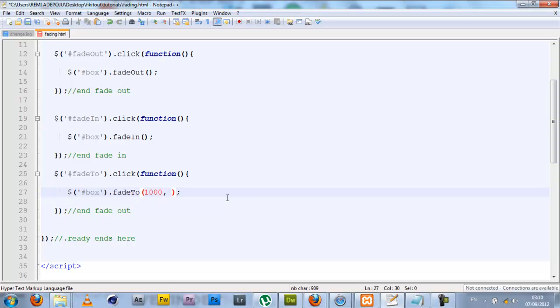Currently the opacity is at 1 because it's completely opaque, so you will be setting values between 0 and 1. I'm going to set 0.5, which is half. It just fades by half of its current opacity. You can also set speed on your fade in and fade out, but right now we're just working with fade to. So it will fade to 0.5 opacity in 1 second. And so we'll save that to our page,